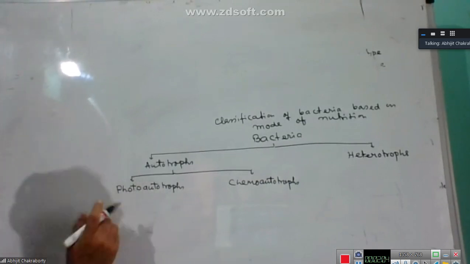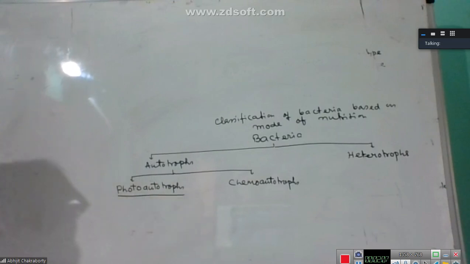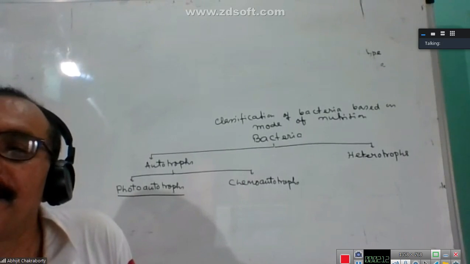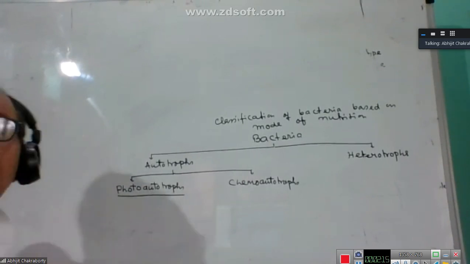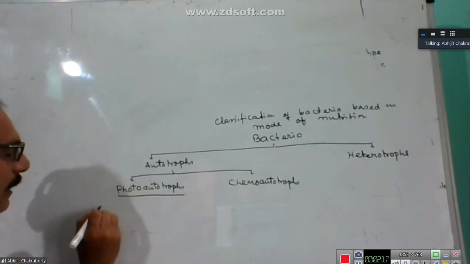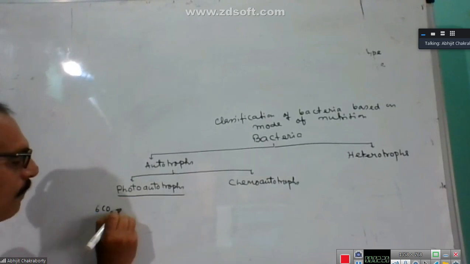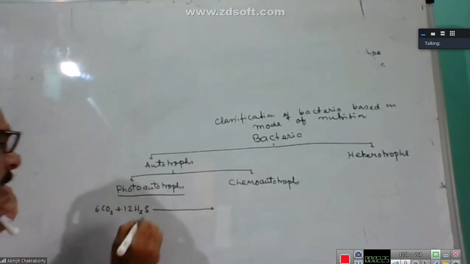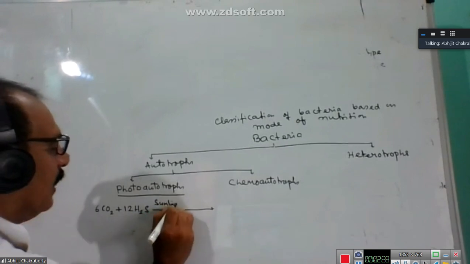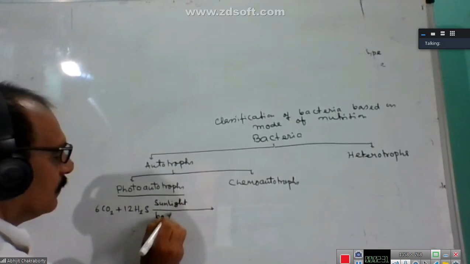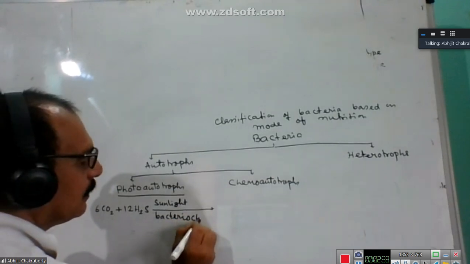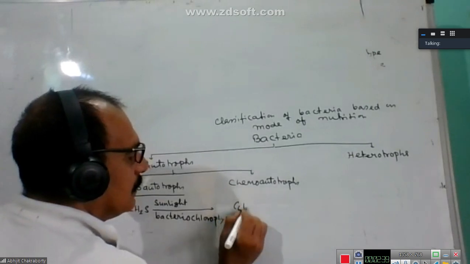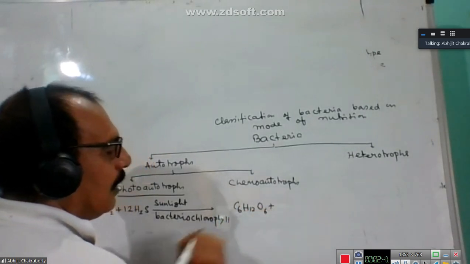Autotrophs can photosynthesize, and so their reaction will be like this: 6CO2 plus 12H2S, sunlight, bacteriochlorophyll, plus